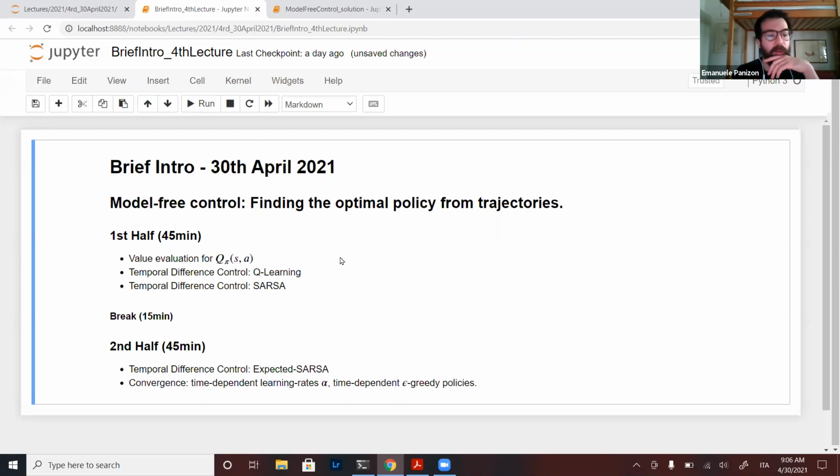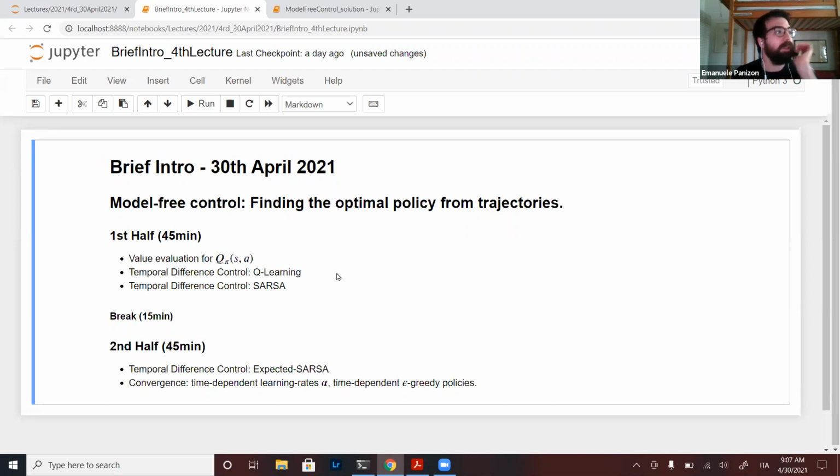So after the break, we will deal with something slightly more advanced than SARSA, which is expected SARSA, which in a sense connects both Q learning and SARSA.